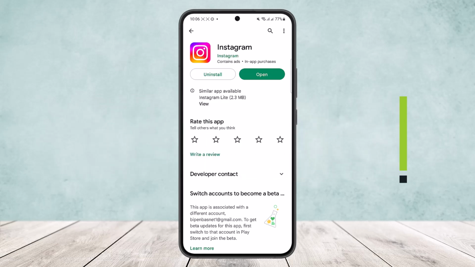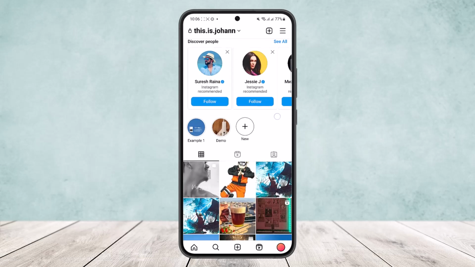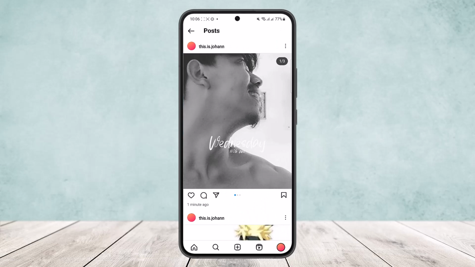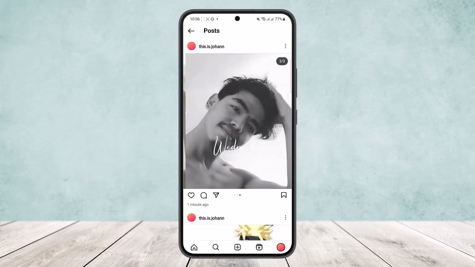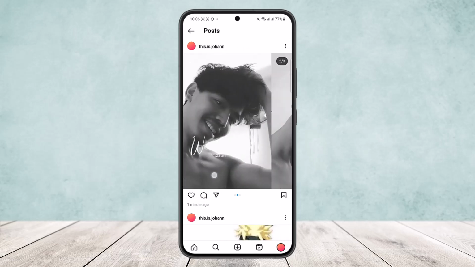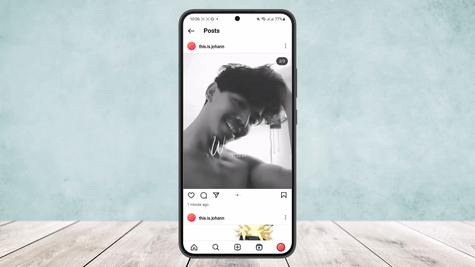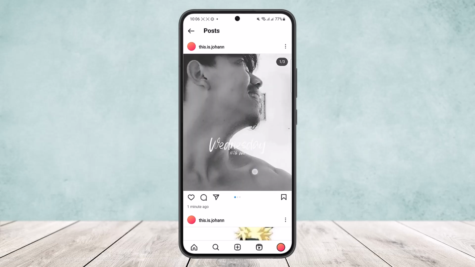Today I'll guide you on how you can delete a single photo from your multiple photos that you have posted on the Instagram app. Here, head into your post. Now on the post you can see I posted multiple pictures, three pictures. Now to delete a single picture from your multiple photos, what you want to do is first